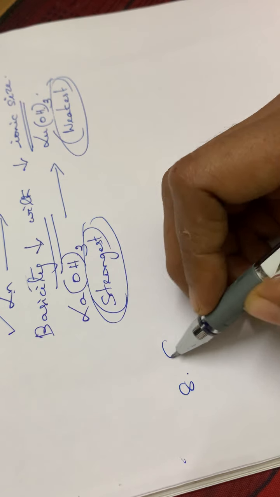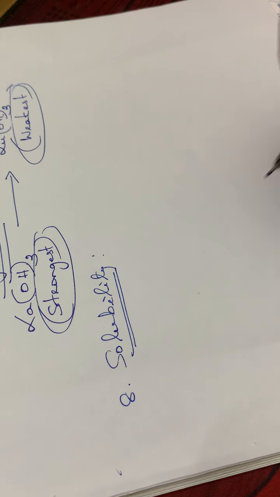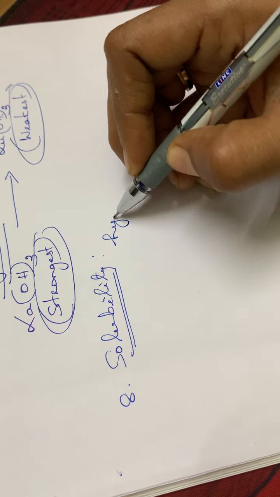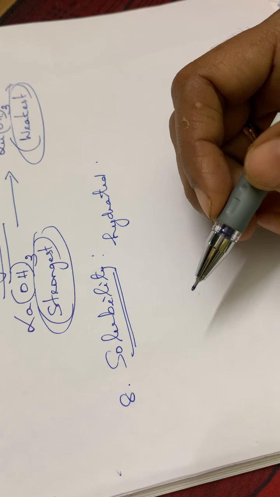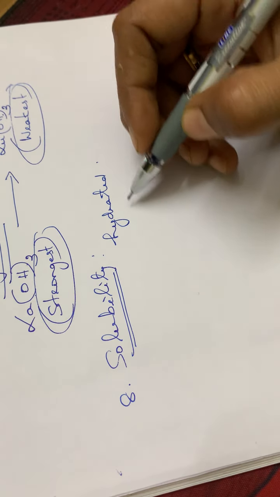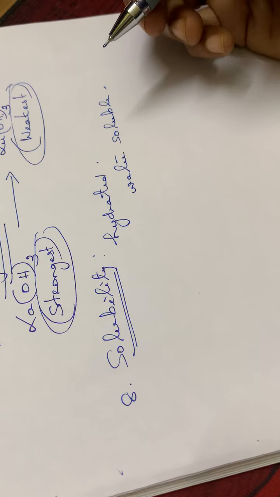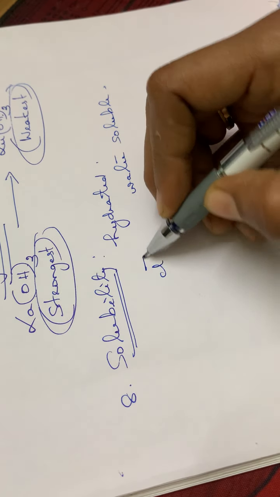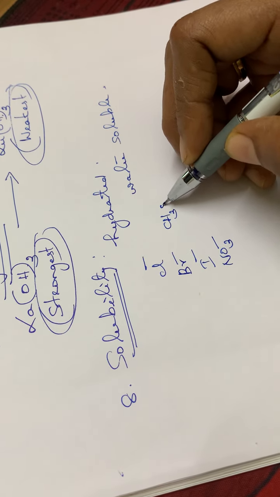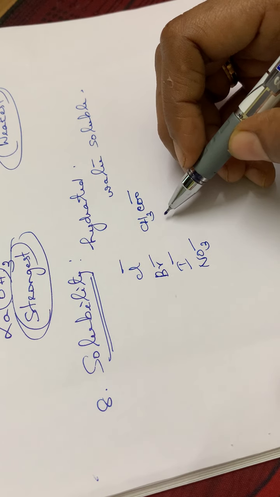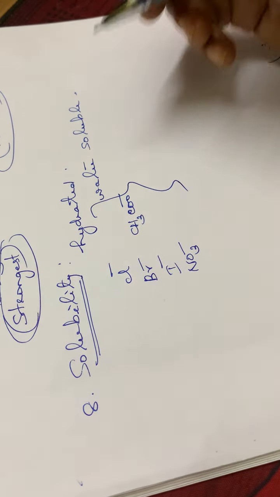Then the next one, that is regarding the solubility. Usually these lanthanide salts can be hydrated, and they can form chlorides, bromides, iodides, etc. Many of them are water soluble: chlorides, bromides, iodides, nitrates, acetates, perchlorates, bromates, etc. So these are some of the lanthanide salts which are water soluble.